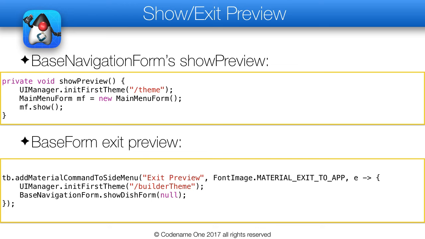Showing the preview literally means creating the main menu form from the restaurant app and setting the theme from there, then showing the first form. Exiting means the reverse of that, with the now renamed Builder menu. There are more efficient ways of doing this, but this is the most simple and consistently reliable way I found to accomplish this